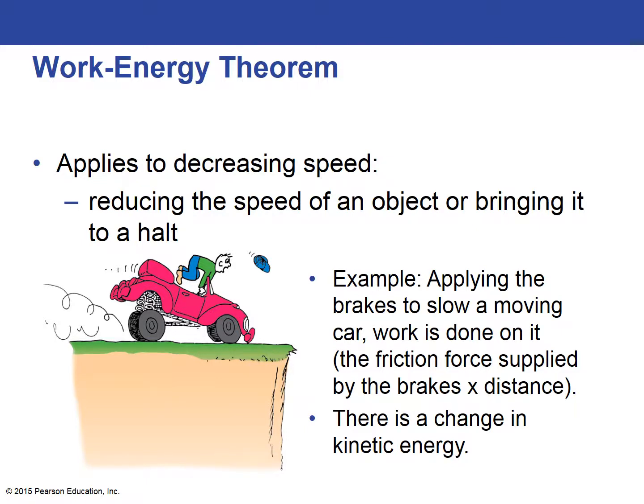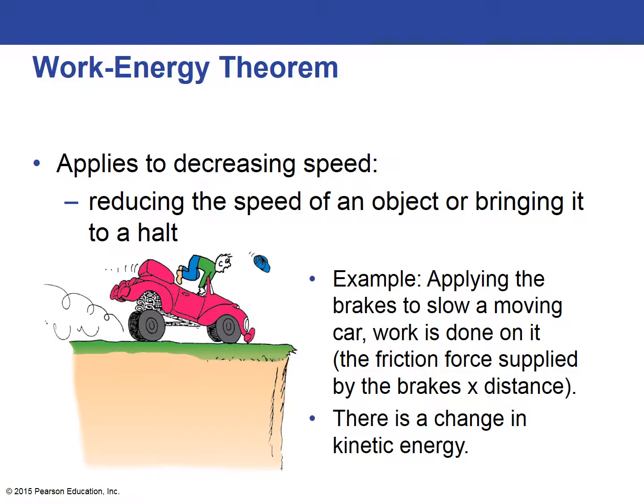Then the work energy theorem says that if the car has some speed corresponding to let's say 1,000 joules of energy, then there must be a braking force times distance, which will bring that velocity